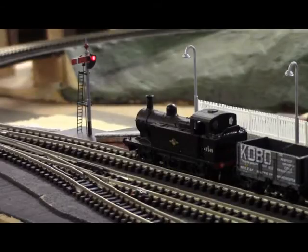So here we are, trains held at the station waiting for a clear to proceed. We've got a number of ways we can make that happen. We can use the select accessory control on our cab. We can use any sort of switch panel which generates NCE DCC commands, or in my case I've got JMRI running on a computer, so we can have buttons that you click which make the signal change. For instance, I can now